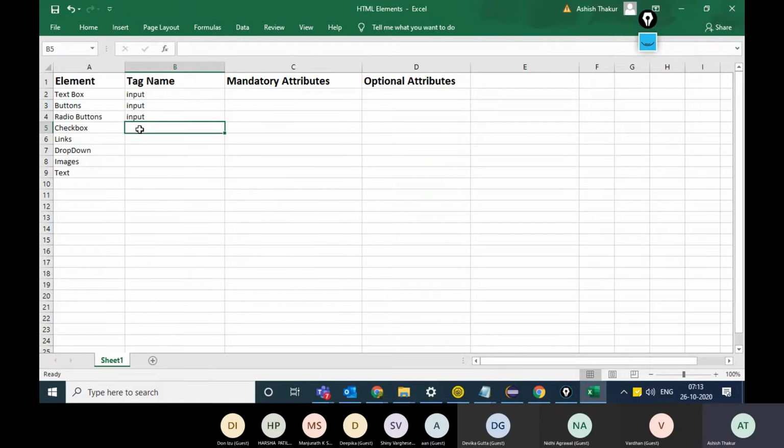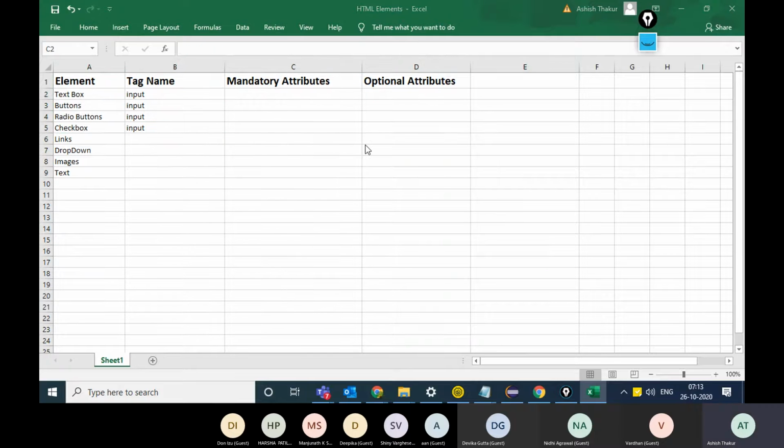For radio buttons and checkboxes also, I know from my experience, if you investigate them, you will always find the input tag. So these four elements have the same tag name, but they have different attributes.